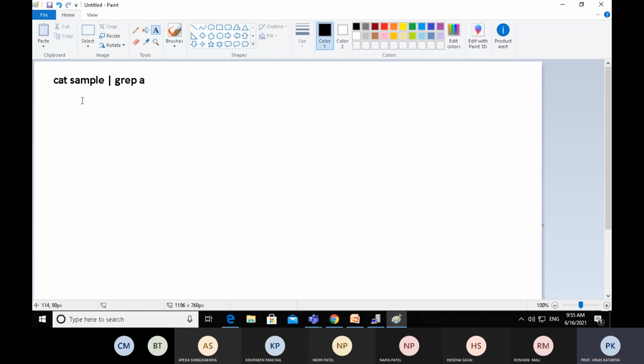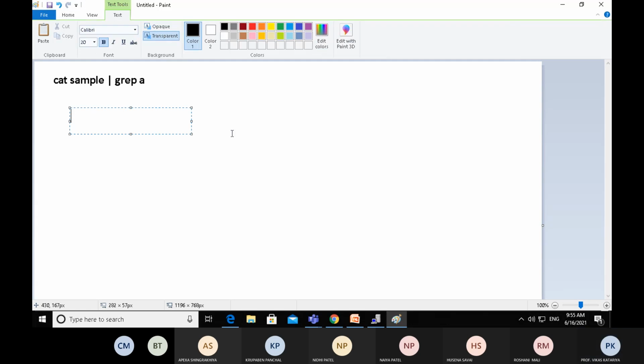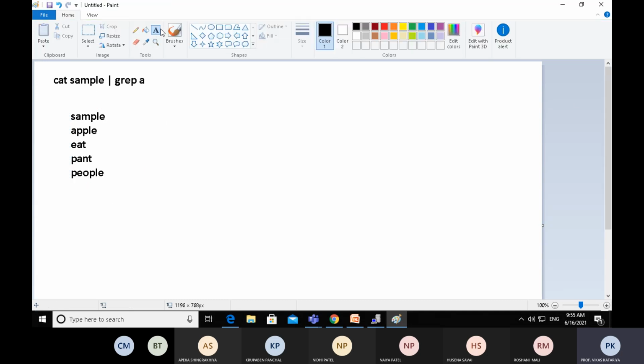Now the execution of this command. First of all, the sample file content, what does it contain? Suppose apple, eat, pant, and people. Let's take only four examples here. So this is the content of a sample file.